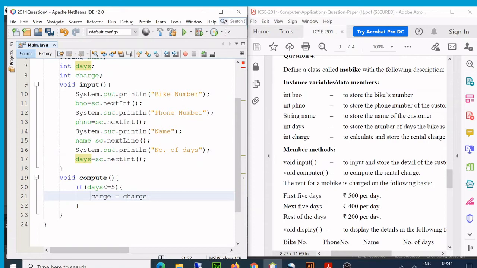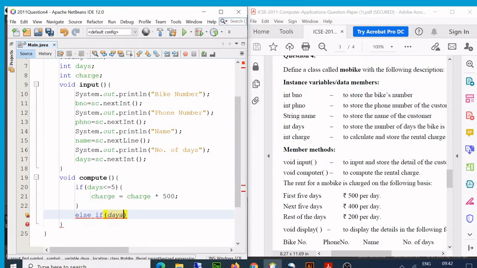We don't have to do that. We have to calculate it, and in display method we have to print everything. Else if days greater than or equal to 6, and so we are going to use logical operator, days less than or equal to 10, days.